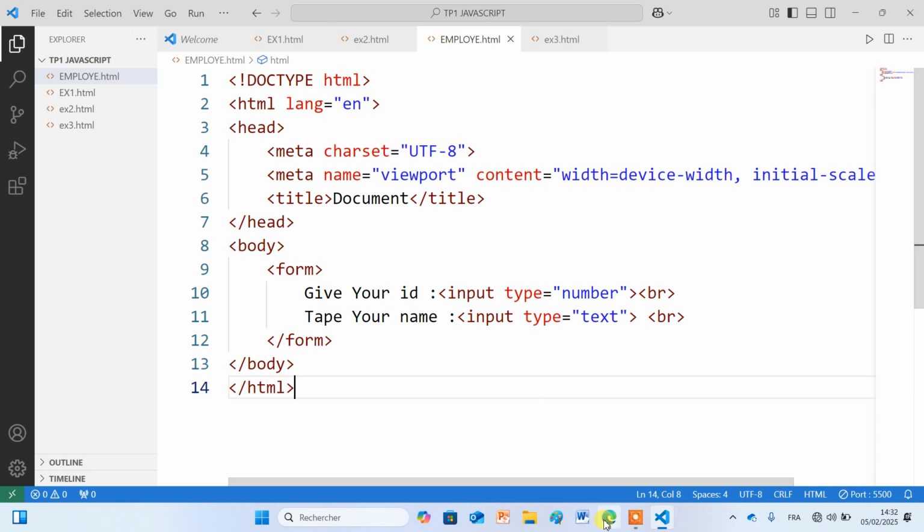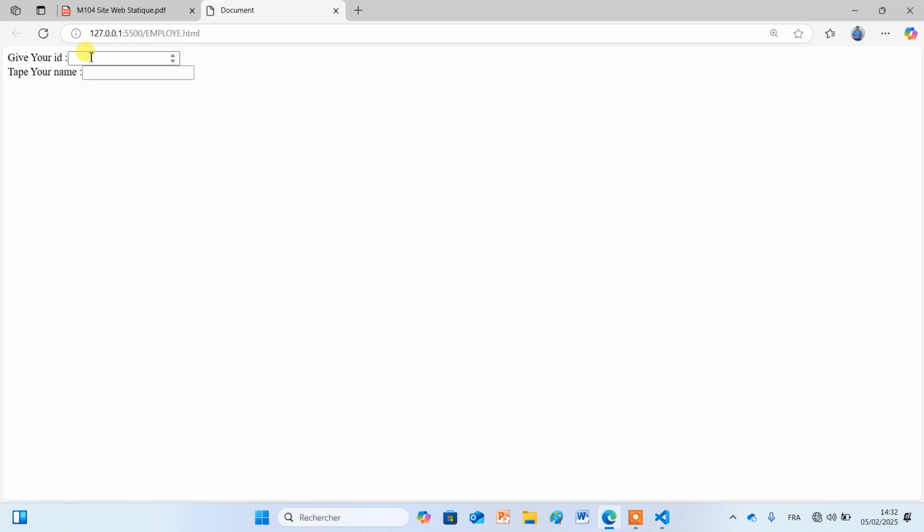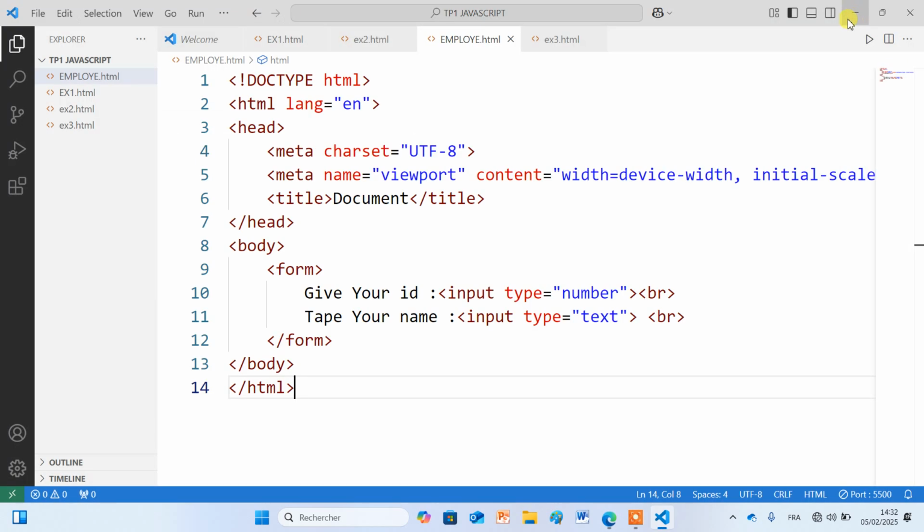Remark that Visual Studio lets me only enter numbers. If I would like to introduce text in ID, I don't have the authority to write the text, because with input type number, we must enter only numbers. So if we would like to introduce a password, for example, give your ID, give your name,